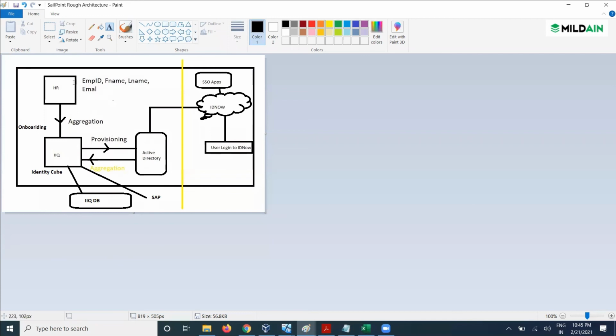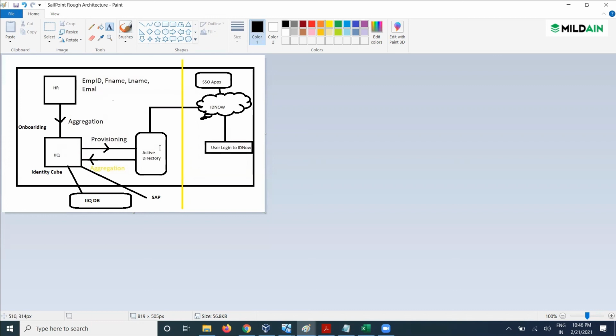It was processed to IAQ, and from IAQ it got provisioned to AD. But in AD, some person directly changed his phone number. Now the phone number of that person is different in AD and in HR, which is not right, because there should be a sync from HR to IAQ to the target application.